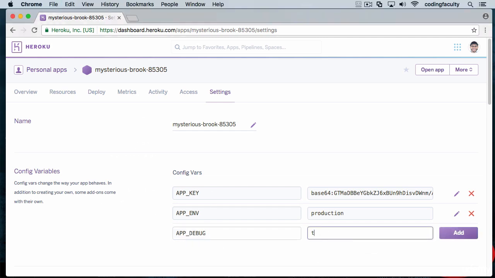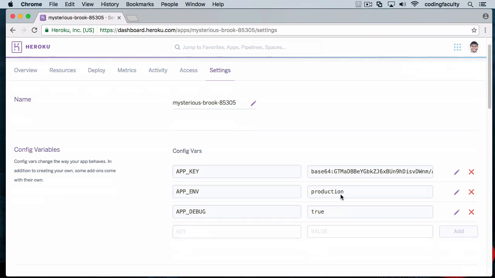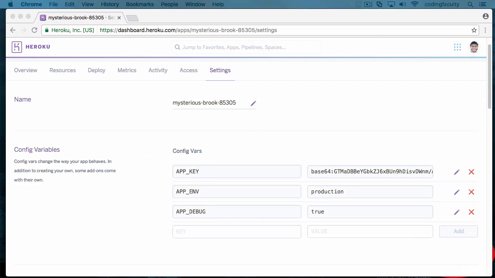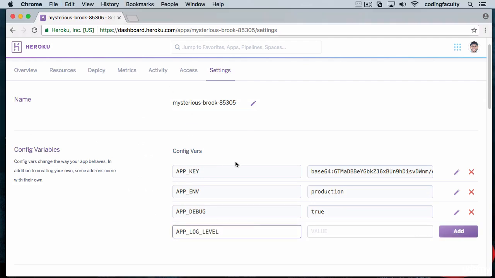You set that to true because we want to just make sure that if we have an error, we are aware of it, right? That we can debug this later, just in case. I mean, you don't have to set this to production now, but you know, we're doing it just to show you. Level here, and we can say this one is debug,